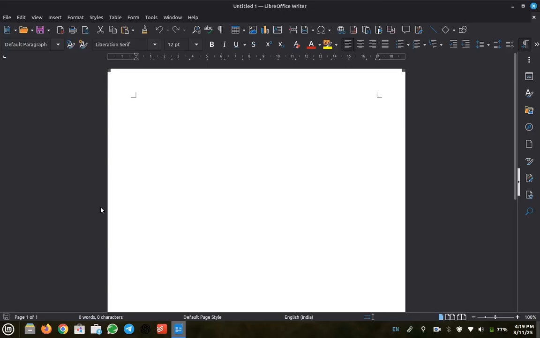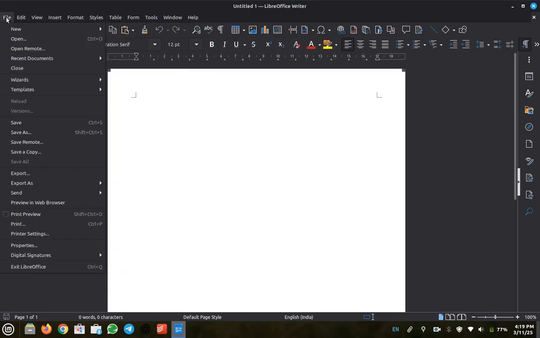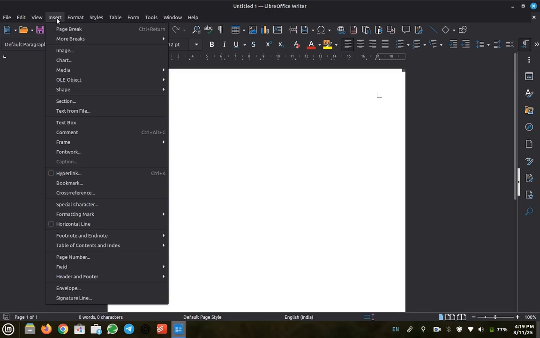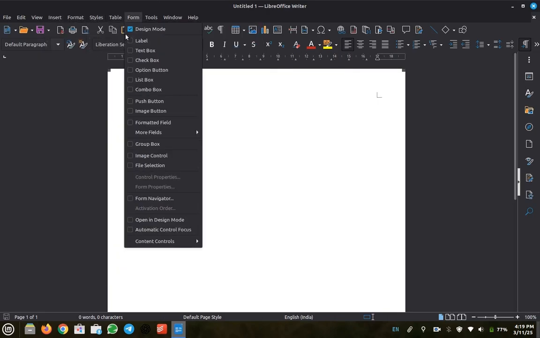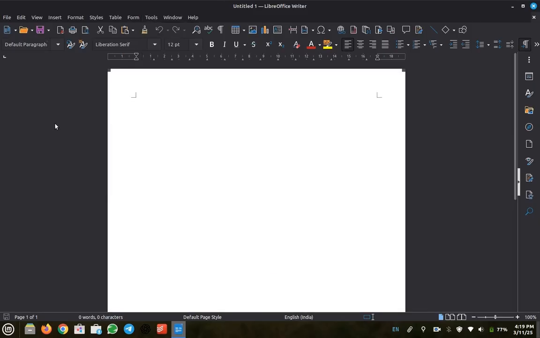When you first install LibreOffice, you will see it like this. It will not be in a Microsoft format. It will just be this: File, Edit, View, Insert, Format. I'm not going to go much inside all the tools and functionalities and what all these things mean. You can search for them on the internet, or I will make a separate video explaining LibreOffice. That's a separate part. Here you can do basic office editing.